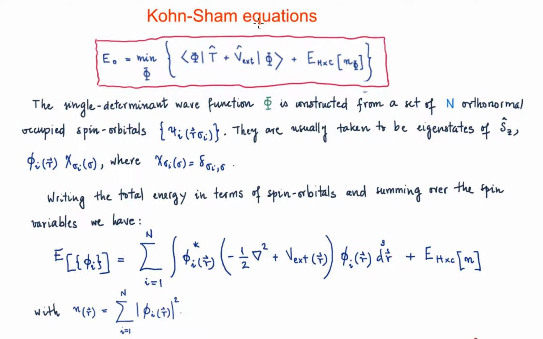Here we are going to describe these Kohn-Sham equations, which actually are the basics, the key elements in the Kohn-Sham method. So let me remind you of the basic result we have within this Kohn-Sham method. The ground state energy of the system, we can get this ground state energy just minimizing all this functional here with respect to this single determinant wave function that we were using to describe this non-interacting fictitious